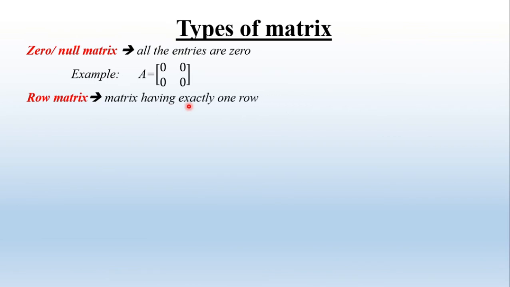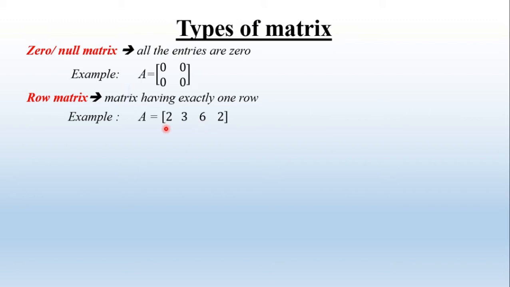Okay, the next is the row matrix. Row matrix is the second type of matrix: a matrix having exactly one row. ረድፍ ብቻ ካለው እንግዲህ ምን እንለዋለን ማለት ነው row matrix እንለዋለን. Example: A is equal to 2 3 6 2. Here only one row is there, and zero ብቻ ነው ያለ, and row ስለዚህ and row ካለ